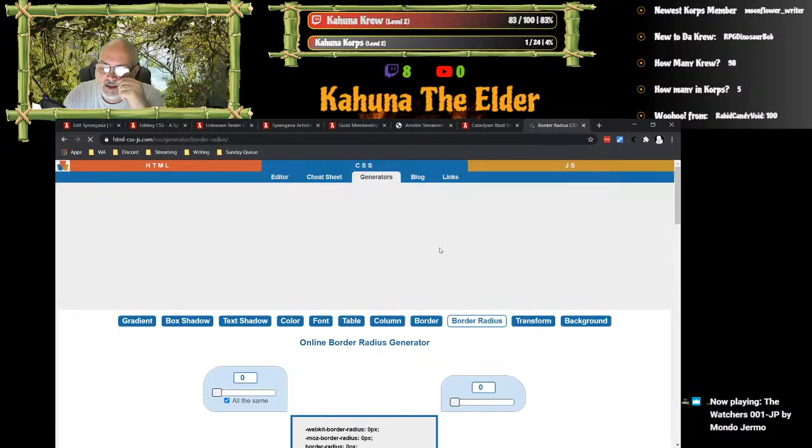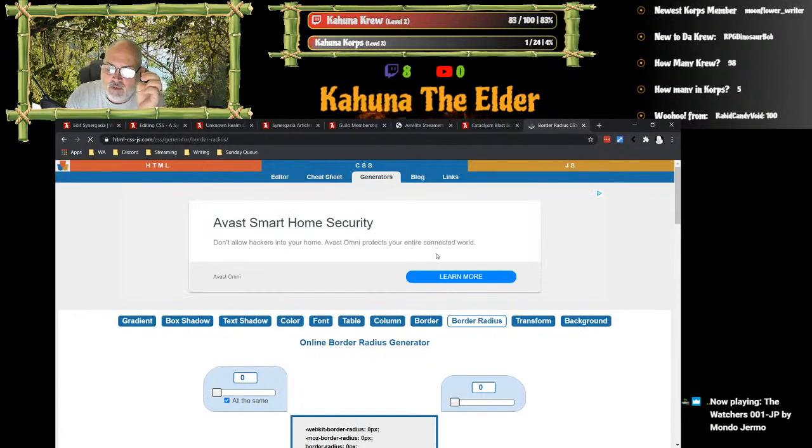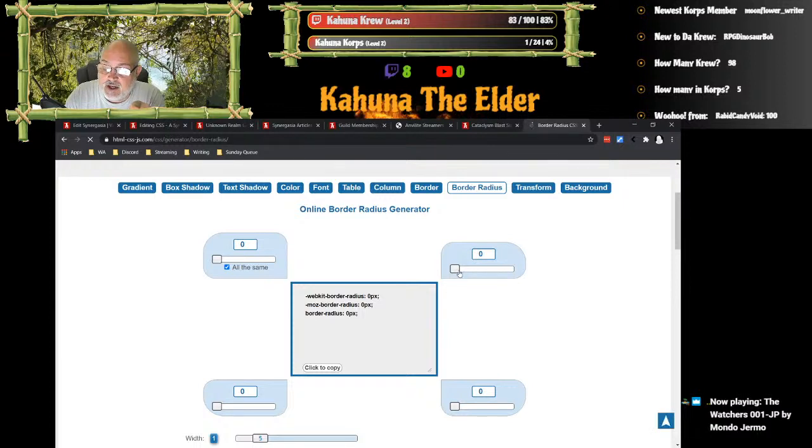Keep in mind that box shadow, border, and border radius can all go into the same tag. But you have to assemble it. Border radius, if you ever wonder, is what gives you those curved corners. So can you do these? Absolutely. But you're still going to have to put them together.